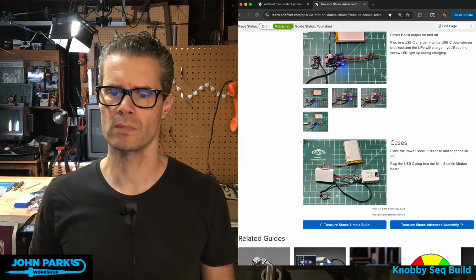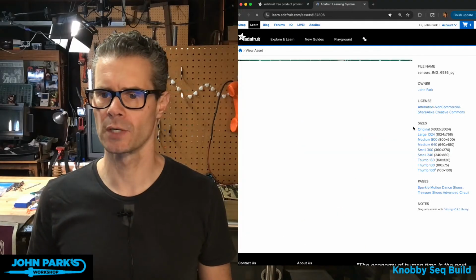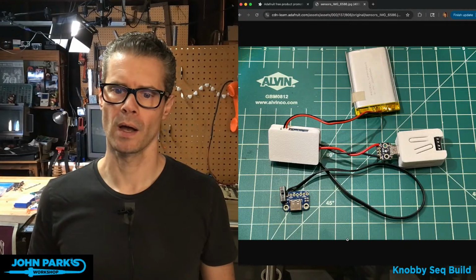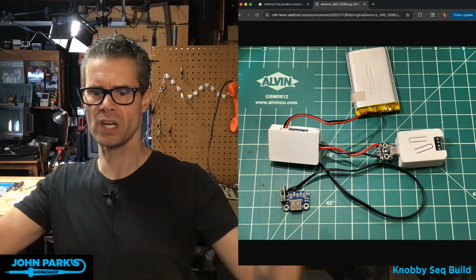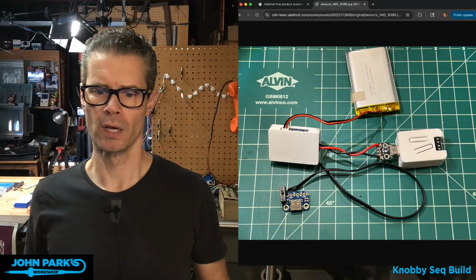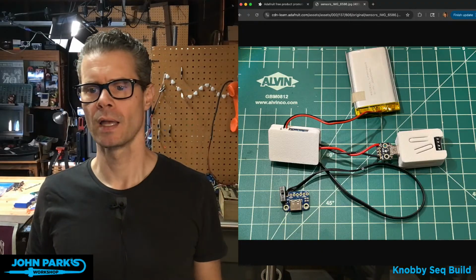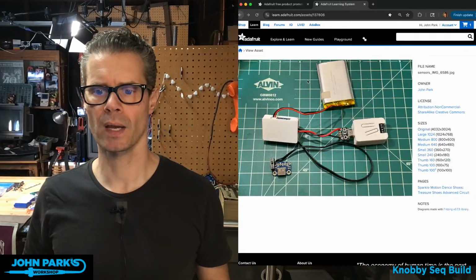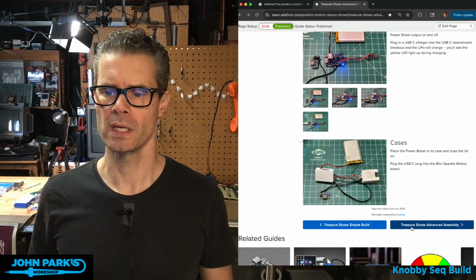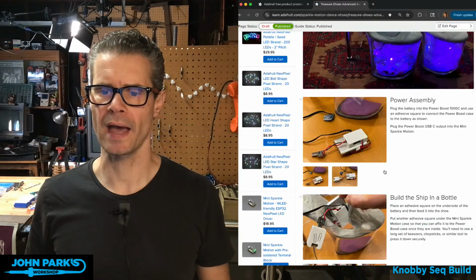And so you can see here kind of a nice extension to your Power Boost enable pins, as well as the power. So we're just using 3 wires there to cover ground, enable, power. And then you go back here, we assemble that into the shoe.